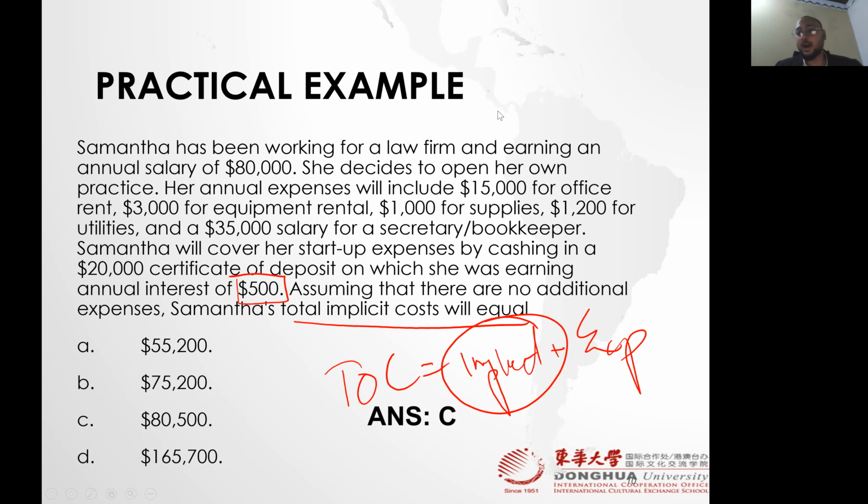The answer is C. Why? Because we're talking about implicit cost. Explicit is cash outflow, so regardless, she actually has to pay 15,000 from her pocket, 3,000, 1,000 for supplies. These are the investment in the business, but the lost income, the lost opportunity, is what counts. She was earning 80,000 from the law firm, but she decided to